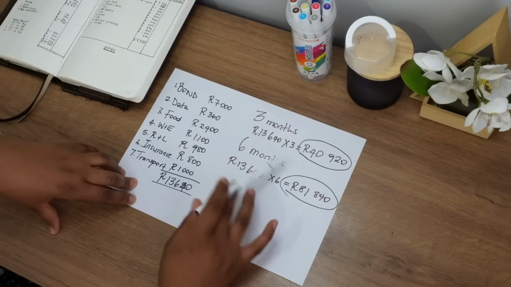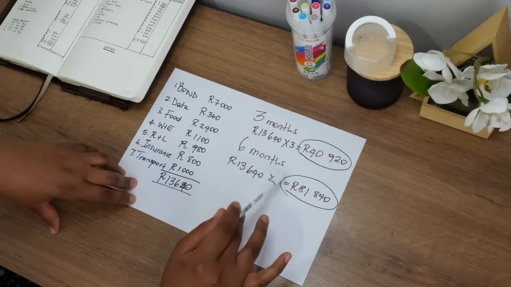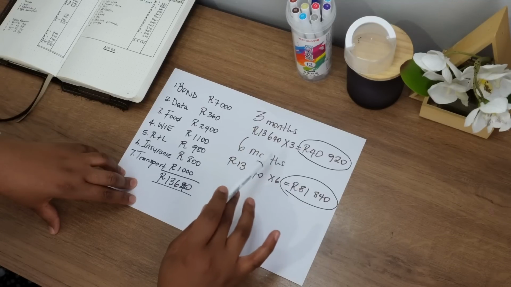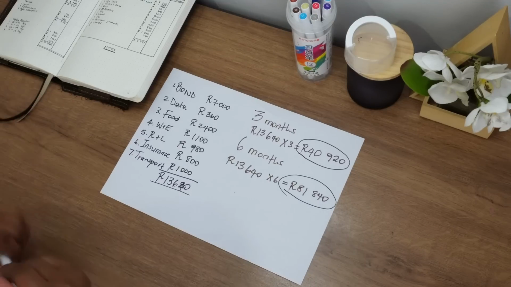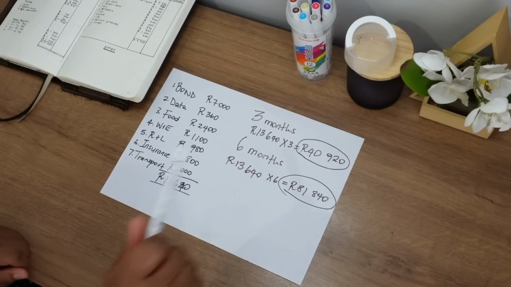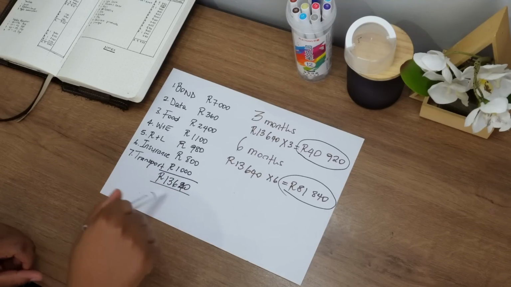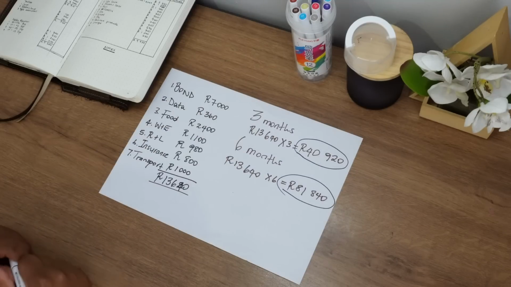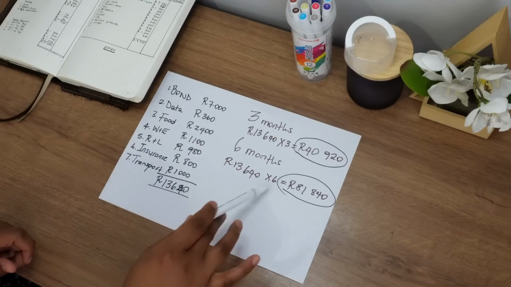So as I said, you must decide, are you going to choose the 3 months, or are you going to do the 6 months? This is dependent on your circumstances in terms of employment right now. Then you must make your decision. So that's basically how you go about calculating how much you need towards your emergency fund. Now that you understand how much you need per month, you decide whether you are saving for 3 months or need a 6 month emergency fund. Then you times it by 3 months, or you times it by 6 months,